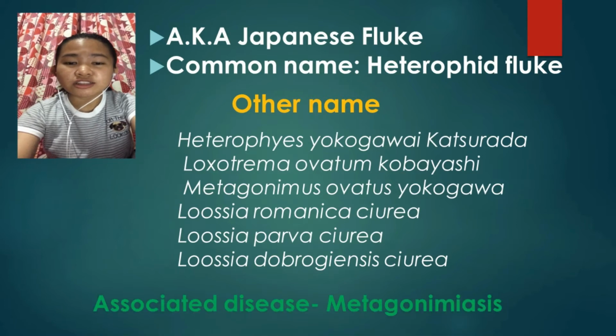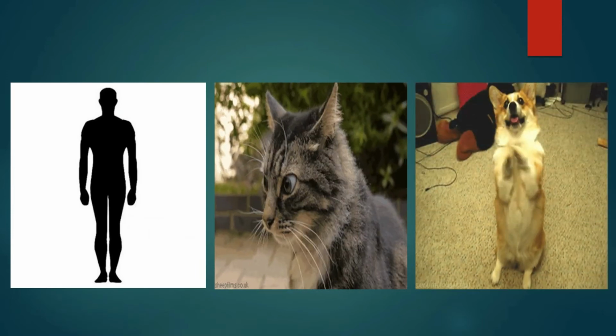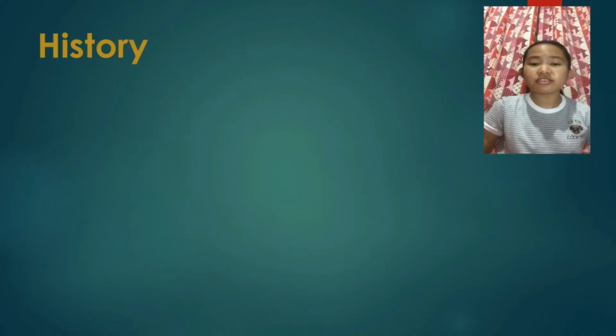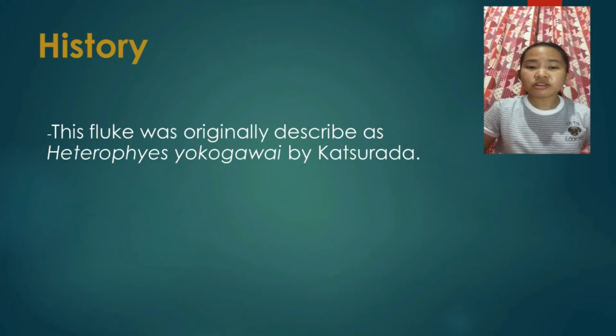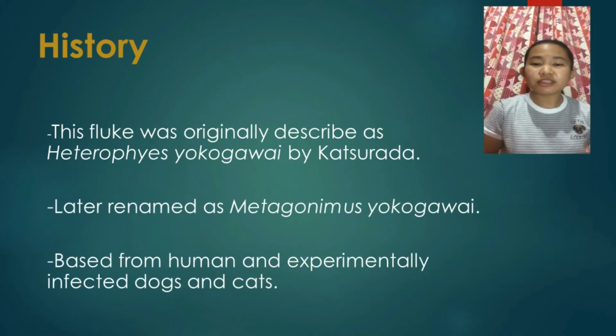Metagonimus yokogawai was first described by Katsurada in 1912 as Heterophyes yokogawai. Later, the same author renamed the worm. The original description was based on